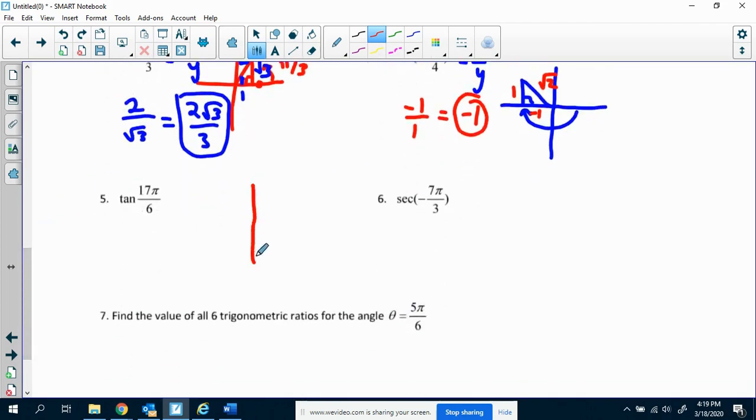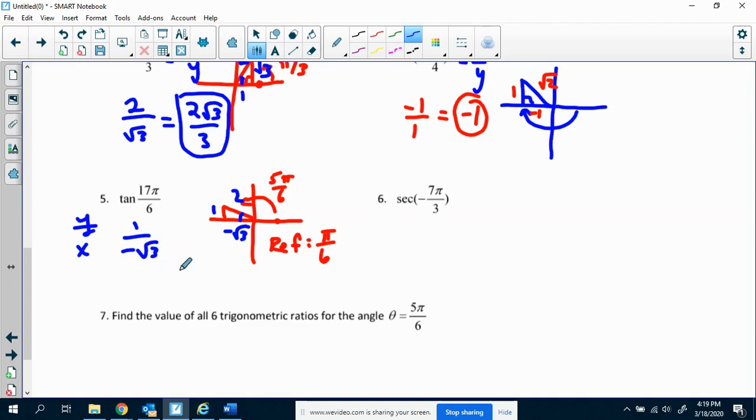Tangent of 17 pi over 6. 12 pi over 6 would get me to here. And then that's another 5 pi over 6. That's going to get me almost to the x-axis on the left side, but not quite. So this is 5 pi over 6 from here to here. And then my reference angle is pi over 6. So now trying to find this. 1, square root of 3, and 2. The x value is negative. So tangent is y over x. Y is 1. X is negative square root of 3. If I multiply by the FFU, root 3 over root 3, I end up with negative square root of 3 over 3